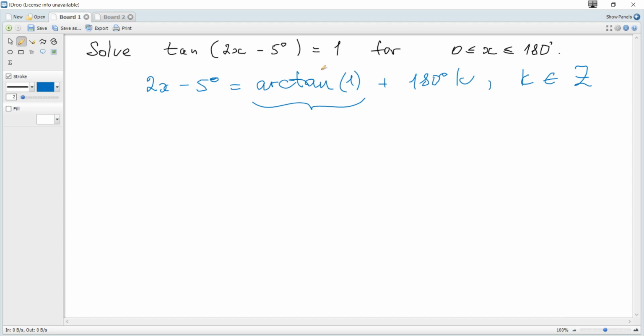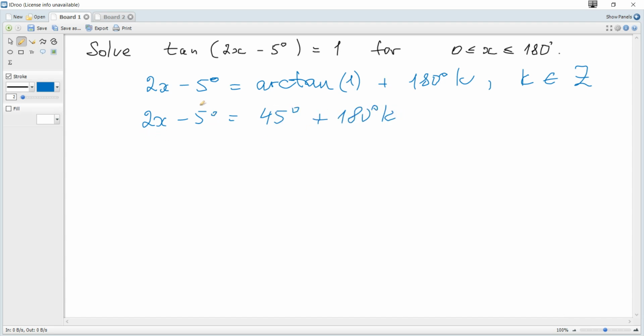What is arctangent? It's the angle such that tangent is 1. You may use a calculator if it's a question with a calculator, but it's a question without a calculator, and you should be familiar with sine, cosine, tangent for 30, 45, and 60 degrees, and tangent of 45 is 1. So we write that it becomes 2x minus 5 degrees is 45 degrees plus 180k, and we need just solve